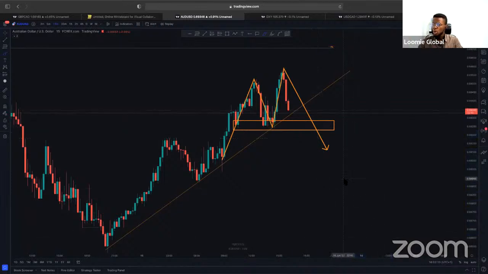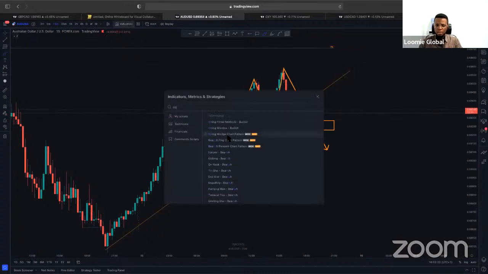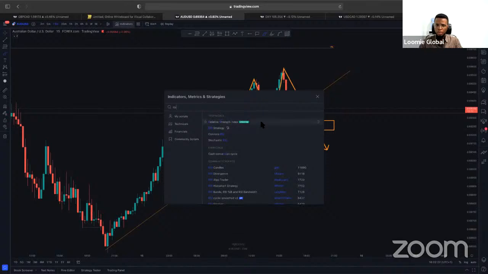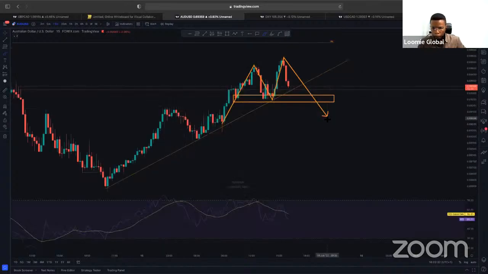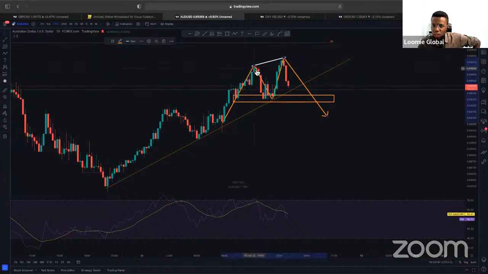So these are just two confluences, right? By the time we begin to go into other things like, okay, let us check, for example, what our RSI is saying. Okay, our RSI is telling us something interesting. Now, remember that we talked about an interesting concept called divergence, right? You can see that up here, our chart is showing us that we have a higher high. Let me make this other one faint so that we can see that one.